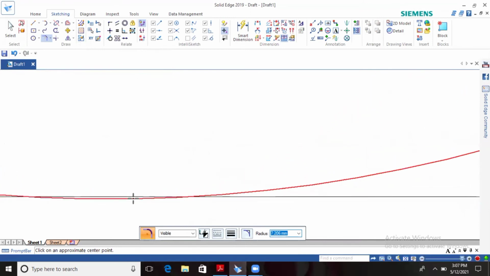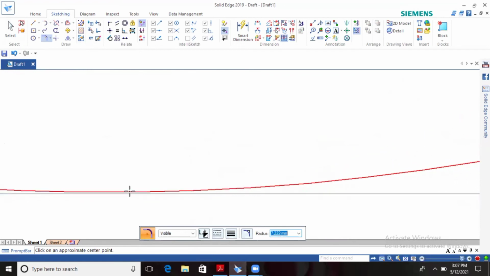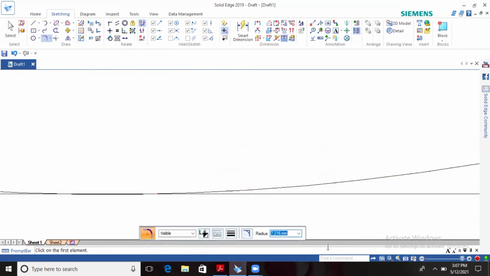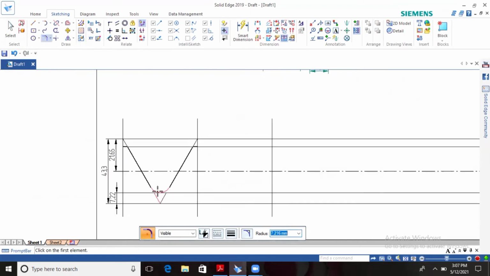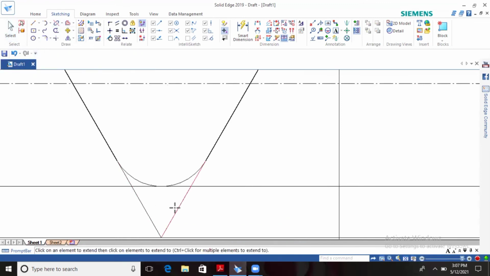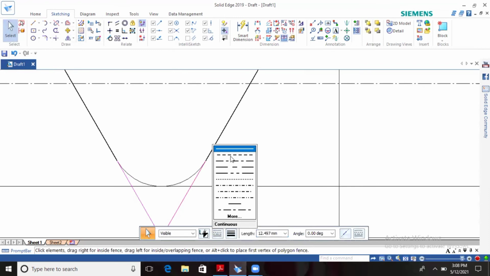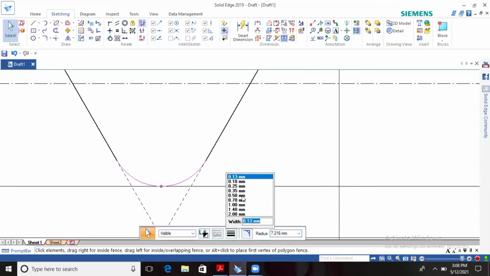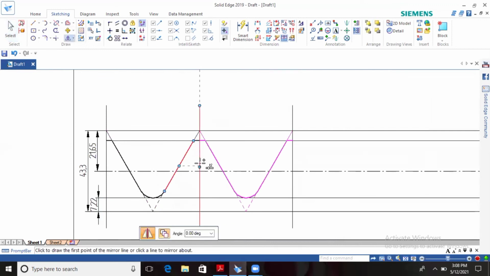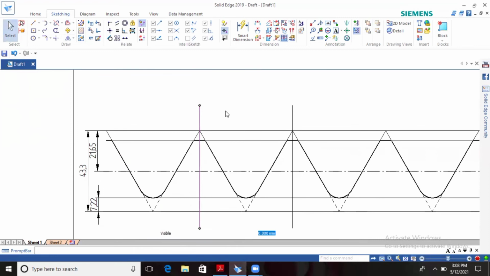This should not be done in the internal thread. Fit the page, then extend the remaining lines using the extend command and make the lines dashes. Change the line type, and make the round also dark. This completes the external thread.